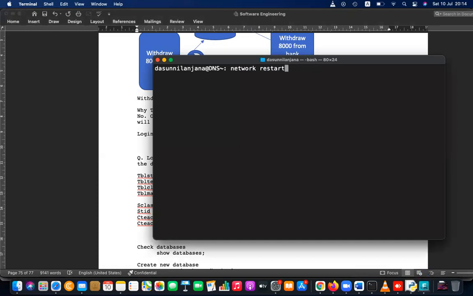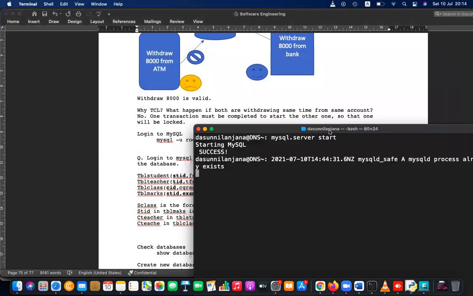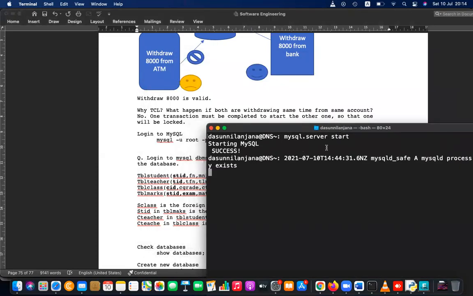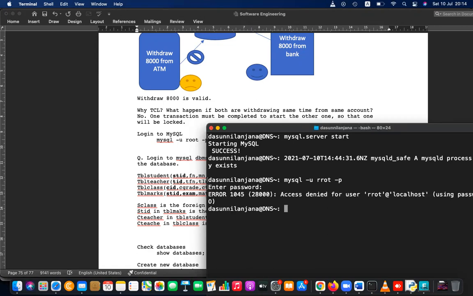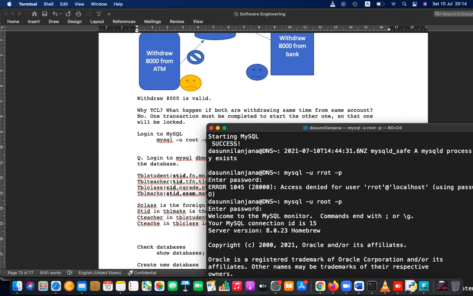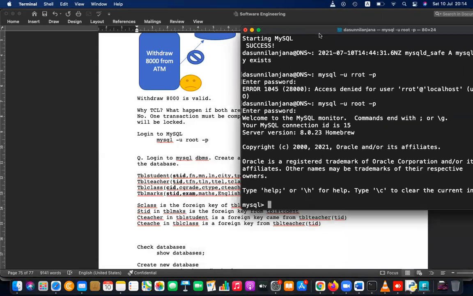That I can do by running MySQL server start, and my service started. Then I want to log into the database management system, MySQL -u root -p, with the password. I'm keeping the password blank. Here I am. So I have logged into the database.